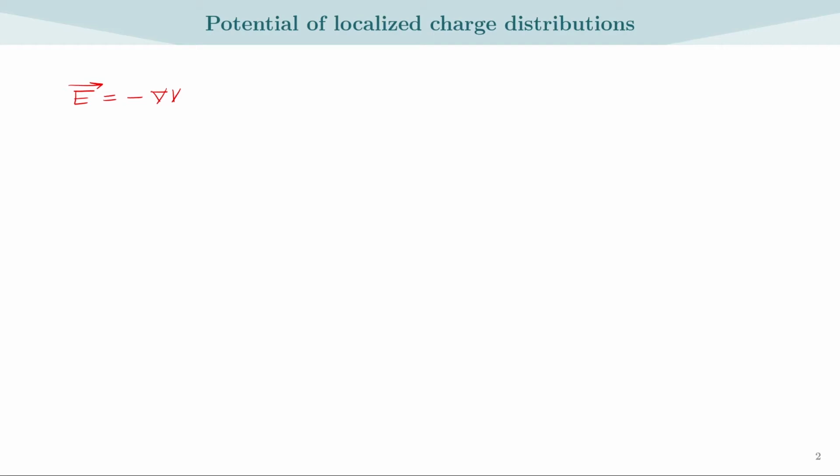There exists a relationship between V and rho, which is the Poisson's equation. According to Poisson's equation, del square V equals rho over epsilon 0. But the problem is that it is the other way around. It would give us rho if we knew V, whereas we want V from rho. In this section, we shall discuss how to invert the Poisson's equation to find out the potential from the charge density rho.